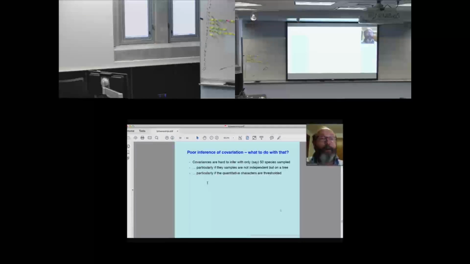If you are working not with continuous measurements, but with thresholded 0, 1 traits, life gets even harder. And we're facing the problem. The problem we will face is that we can make rough estimates of the covariation in species evolving on a tree. And we're doing so for an audience, particularly the popular science press, that wants perfection. It wants a fly-on-the-wall certainty. It wants to know exactly what happened in evolution.